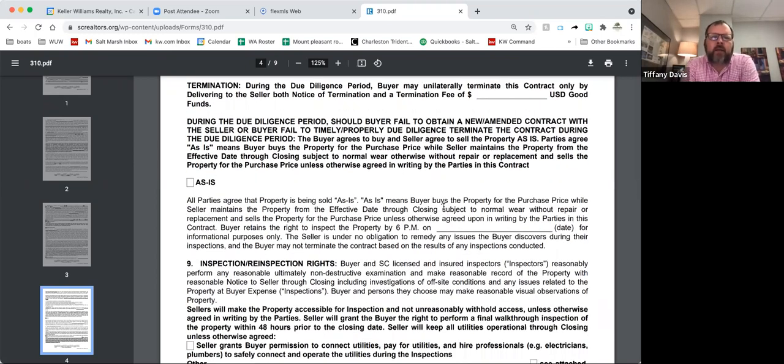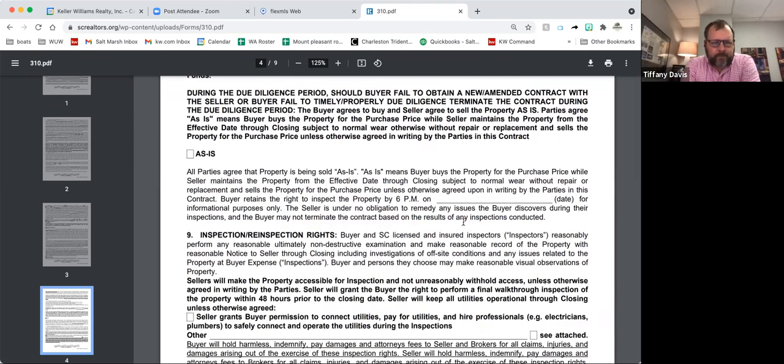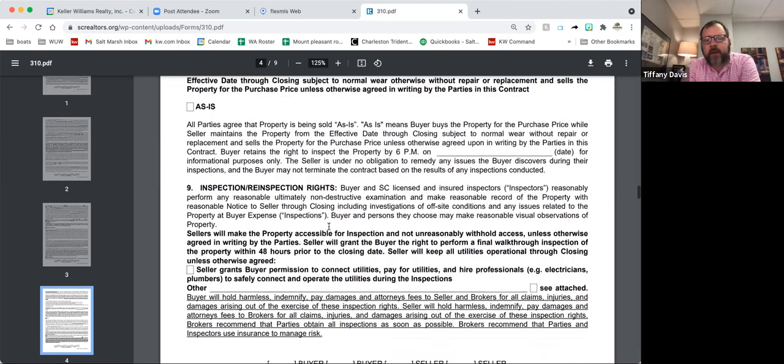All right, now "as is" is pretty self-explanatory. Well, actually, it should be self-explanatory. It's not, though. A lot of people just think that "as is" means, well, I'm going to buy the house, still have it inspected, but the seller's saying they're not fixing anything. Not only are they saying they're not fixing anything, they're saying you're buying it regardless of what you find out